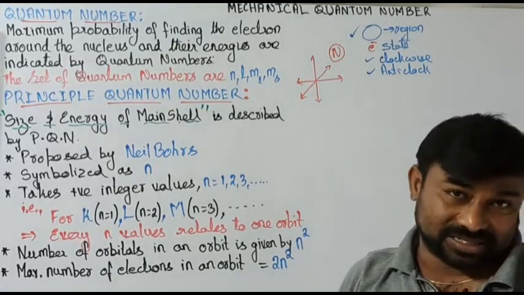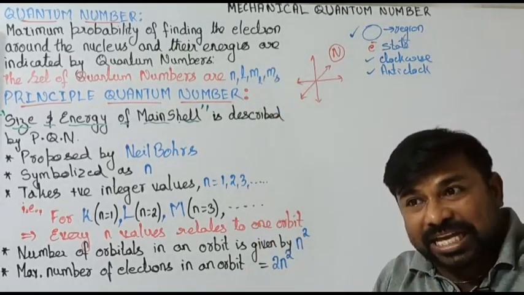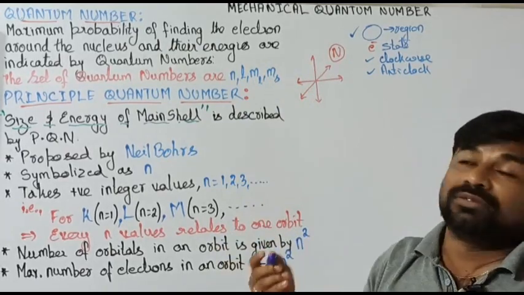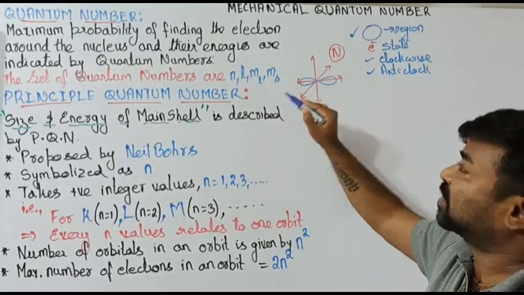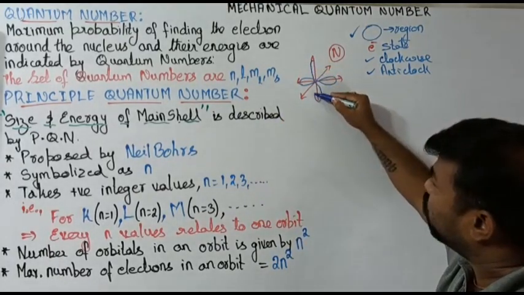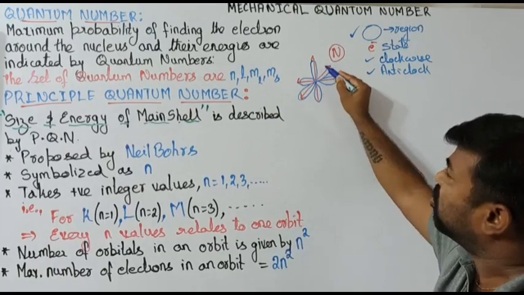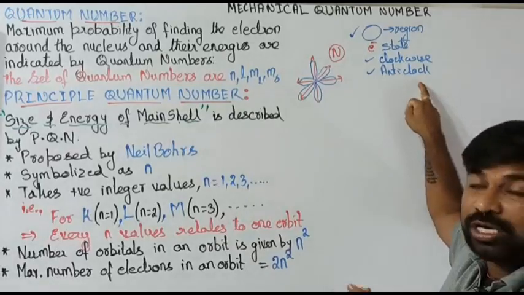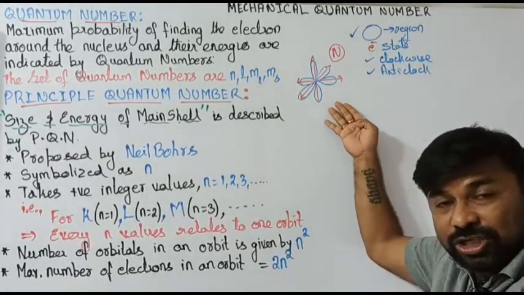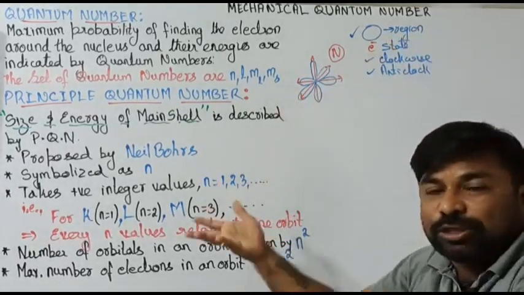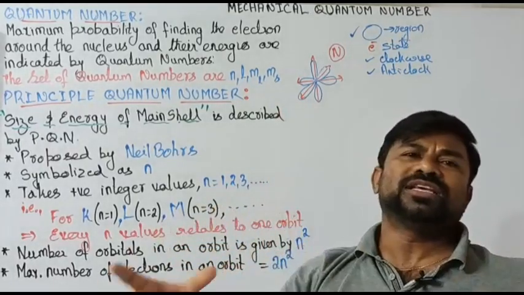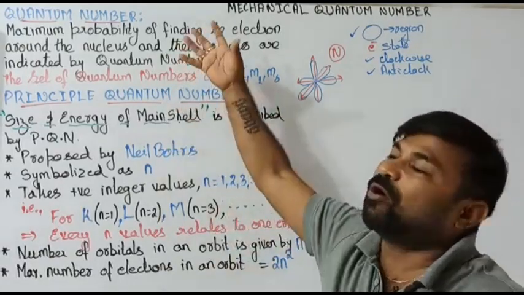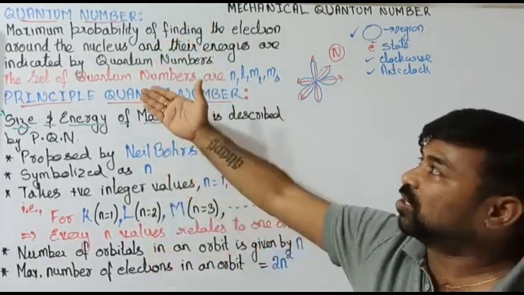these quantum numbers explain to which axis the electron is oriented. Is it along the x-axis, or the y-axis, or the z-axis? In which direction? That's what he says. When we talk about the orientation, where it is present and how it is present, all these things can be described with the help of quantum numbers.